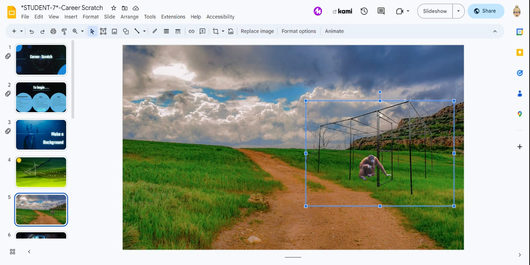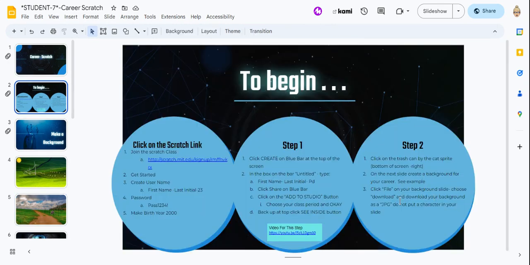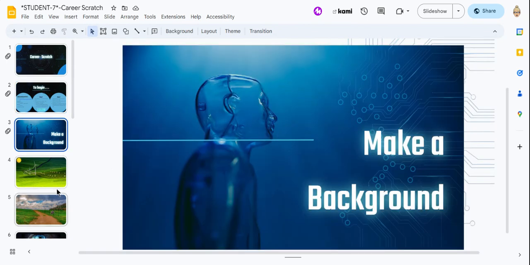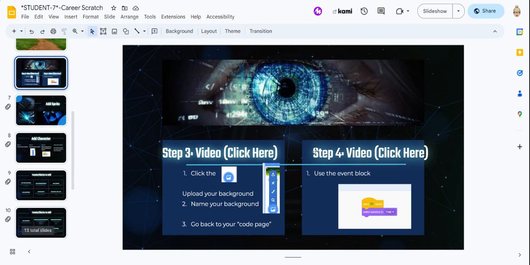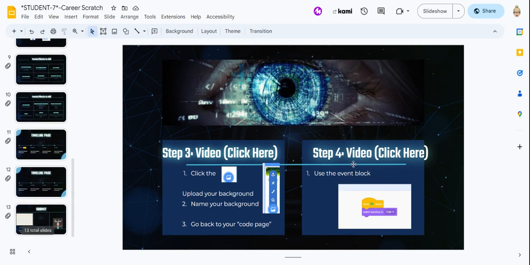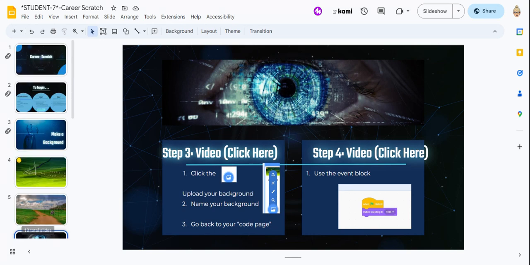And you can do as many of those as you want, but you have to have at least one where you've added stuff and created your background. And that should take you, if I look at my slideshow and my steps, it says File, Download. We did that. Don't put our character in. We did that. And it shows me here again how to add it to my page. And then the final thing we're going to do is we're going to do this step, which means use an event block. So I'm going to come here to my code, up to the top, code,